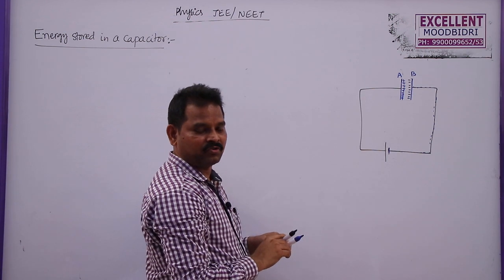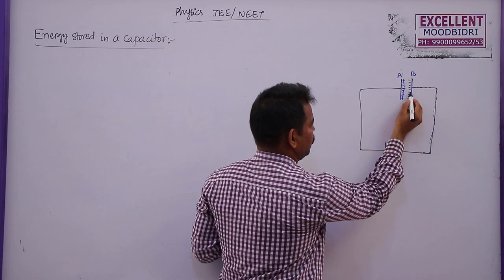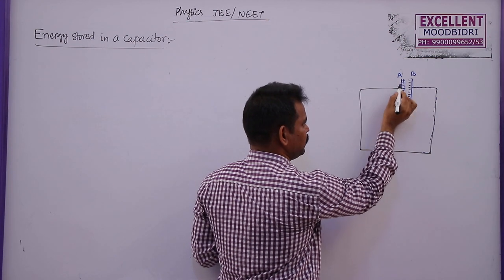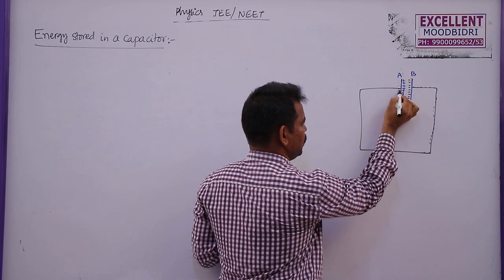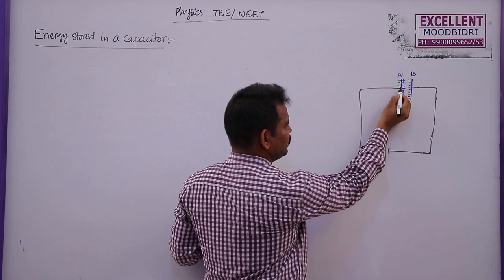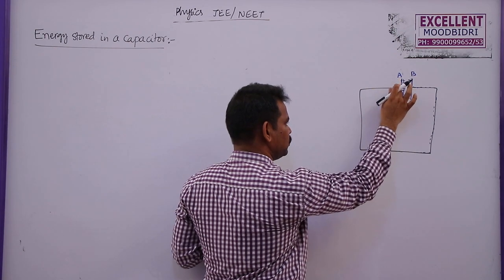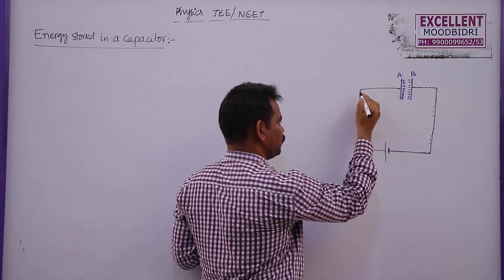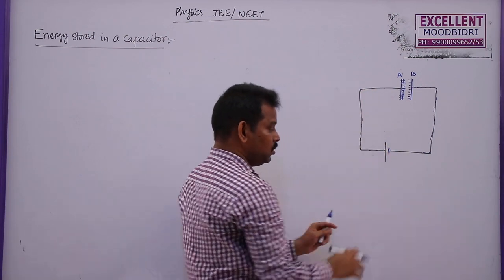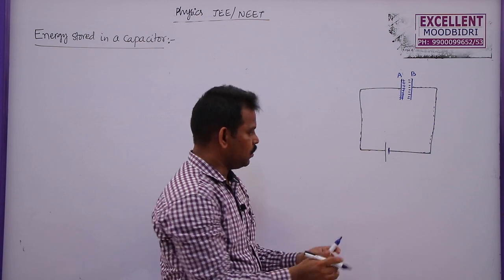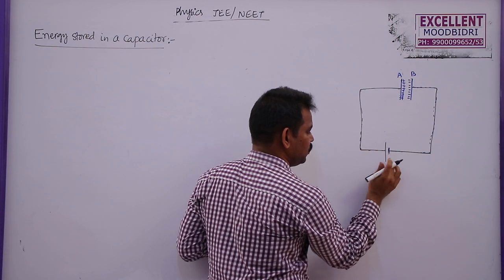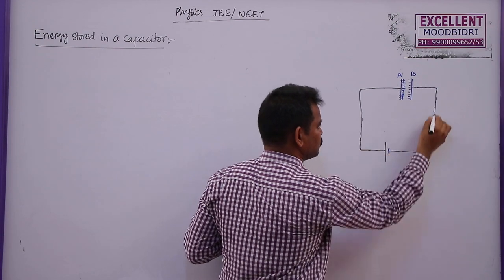But we know that in the induction process, a negative charge will induce a positive charge on the inner plate and a negative charge on the outer plate of this plate. But as this is connected to the wire, this negative charge will travel through this wire and reach this one. So within the battery, due to the chemical reaction, these negative charge electrons will gain energy, and the battery will do some work, and it will push the electrons into this circuit.